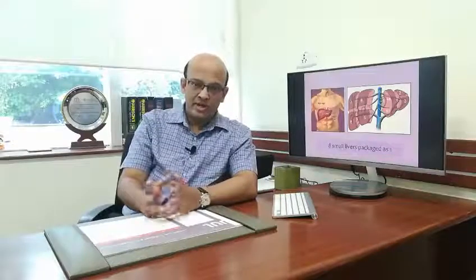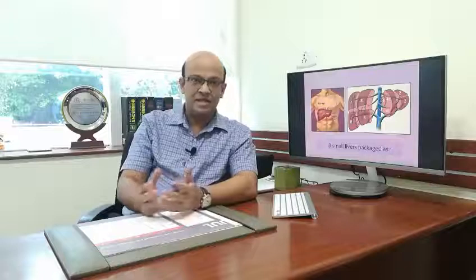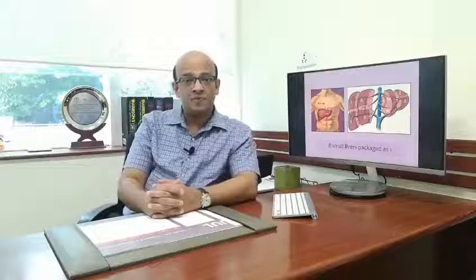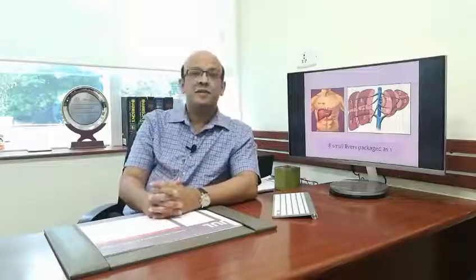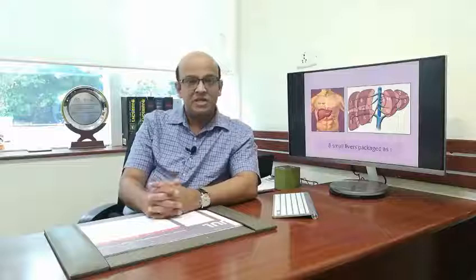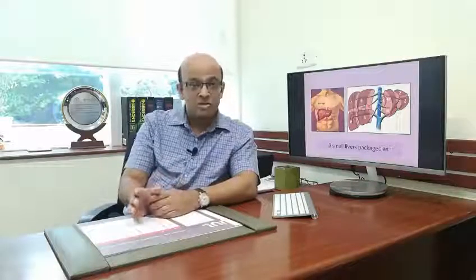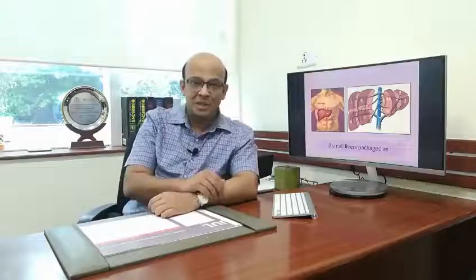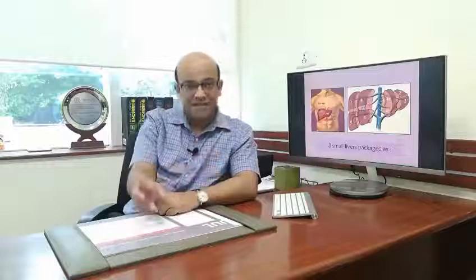So in case of liver transplantation, the entire diseased liver or the entire cirrhotic liver, so the liver is damaged because of cirrhosis, and that liver needs to be taken out. In that sense, it is different from a kidney transplantation. In kidney transplantation, typically the diseased kidneys are not taken out. The two kidneys remain, but an additional kidney is placed inside the patient at a different place within the tummy,